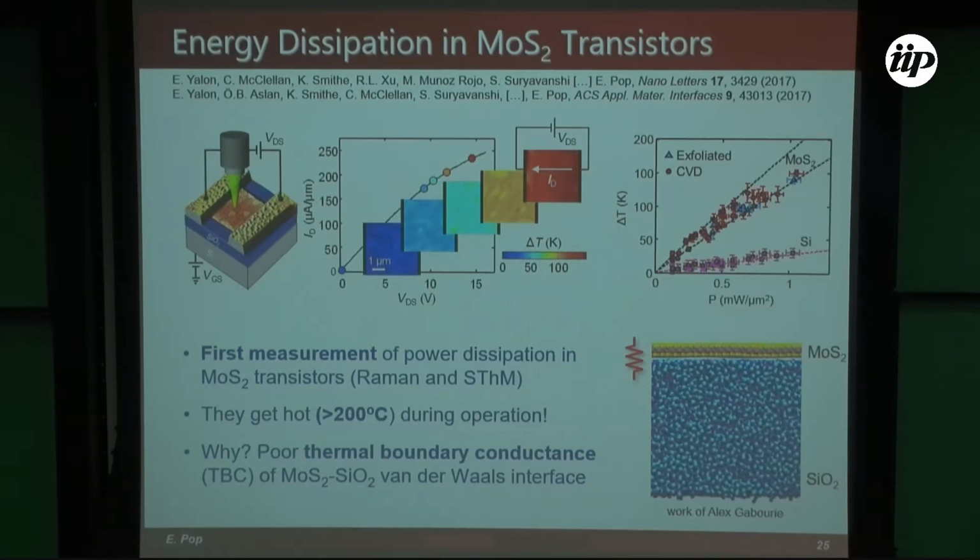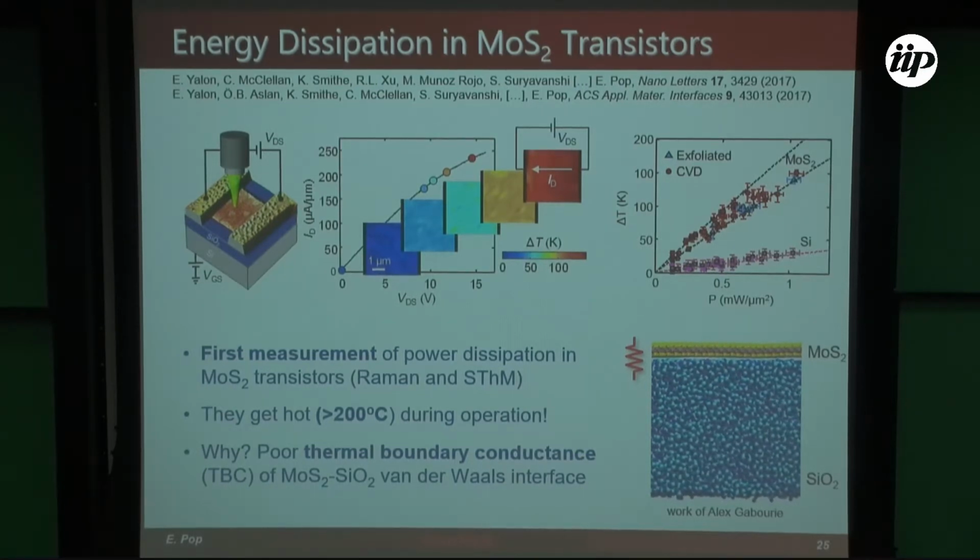And in fact, I don't have time to talk about it here, but in the paper, we showed how we pushed them to the breakdown temperature of MoS2, and that's correlated with what other people have actually shown, that MoS2, when it's exposed to air, tends to break down at. So we can confirm this other ways too. So the question is, why is this happening? And remember I said